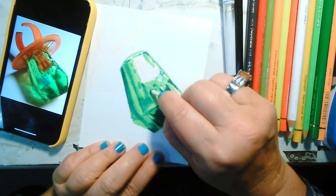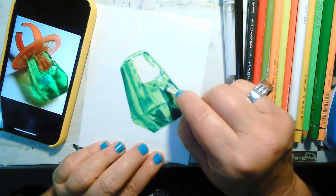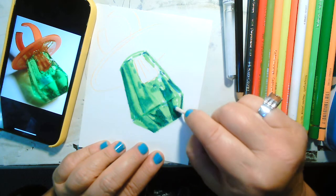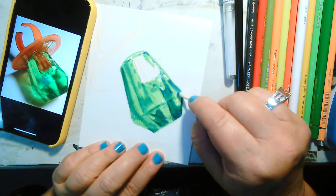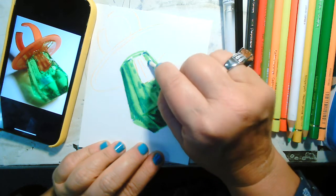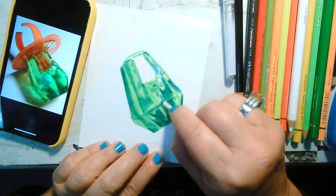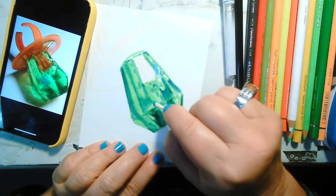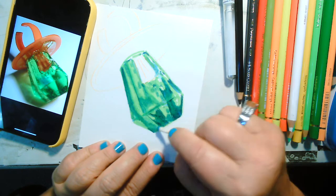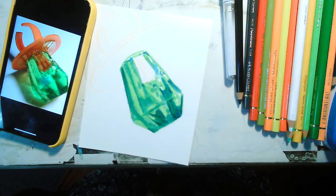But I can also dab it around so that those little hits of color are more irregular the way they look. And it just makes it look really realistic when you're doing that kind of thing. So there's a lot of media on here, and I'm just able to keep on going with it and draw with it. Now, one thing you have to know about color pencil is that it is